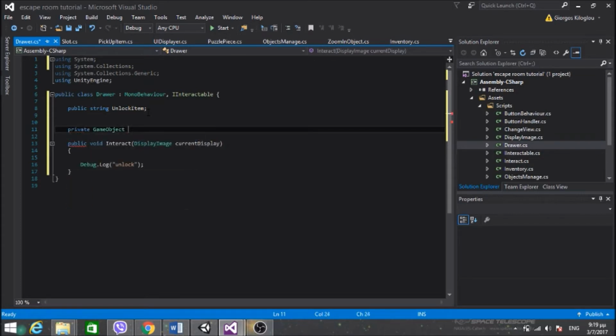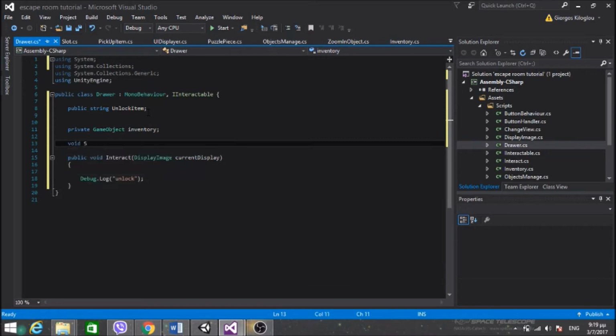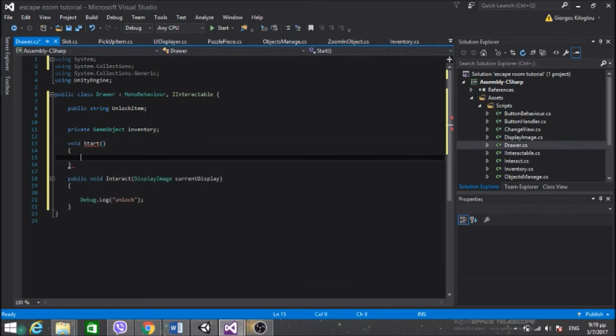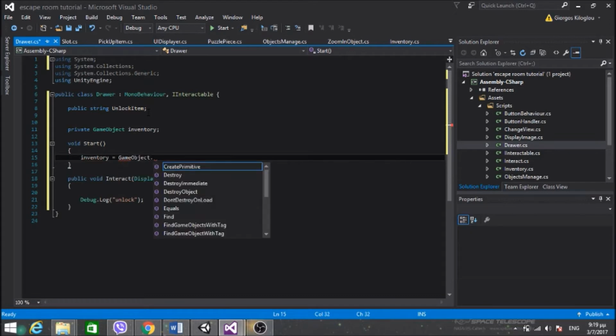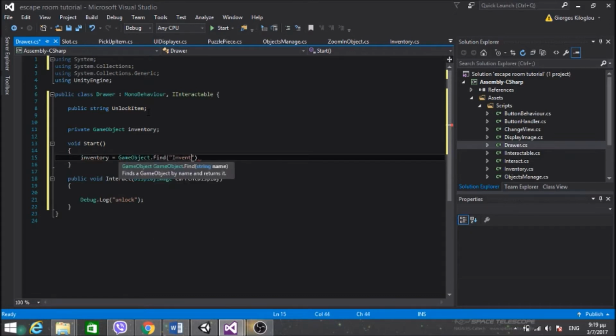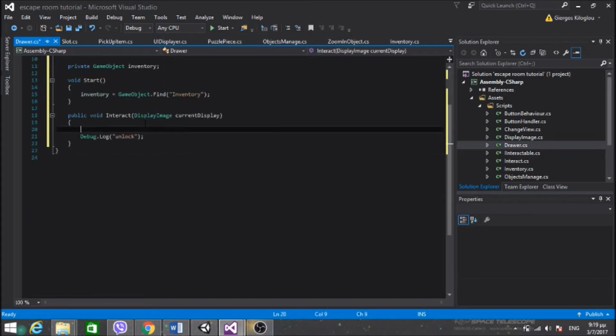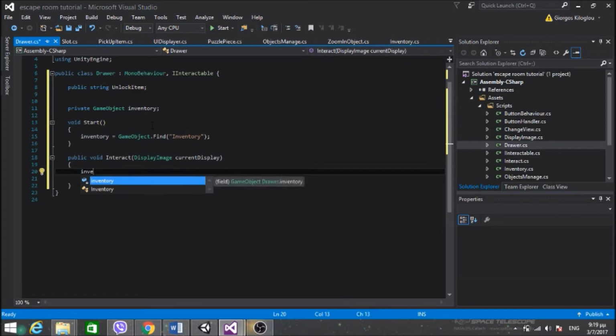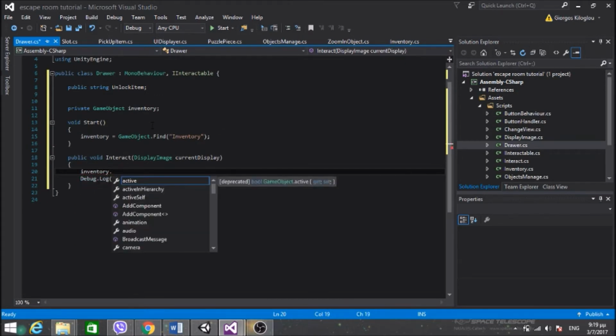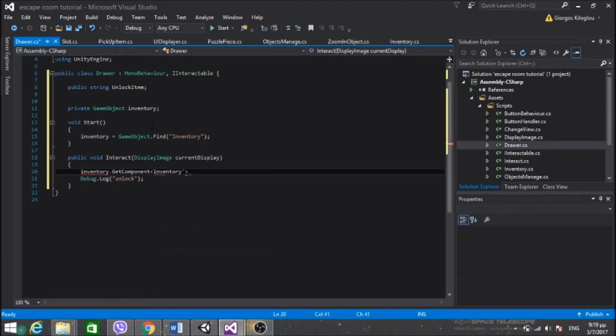create a private game object inventory, void start, find this game object inventory, because game object find inventory. Here it is. I have the inventory and want to check for the inventory if the get component inventory, the current select slot,